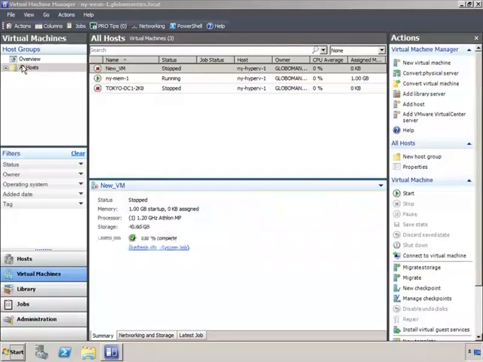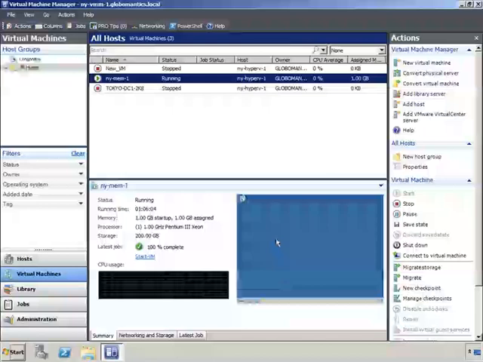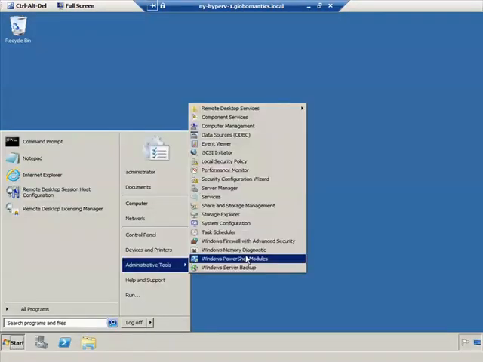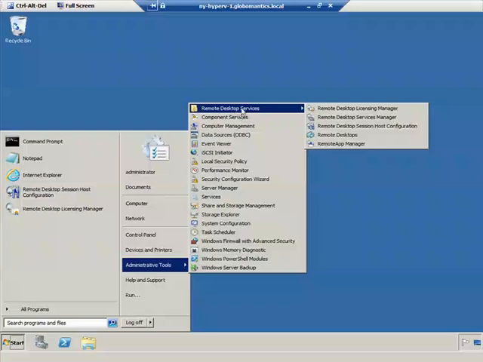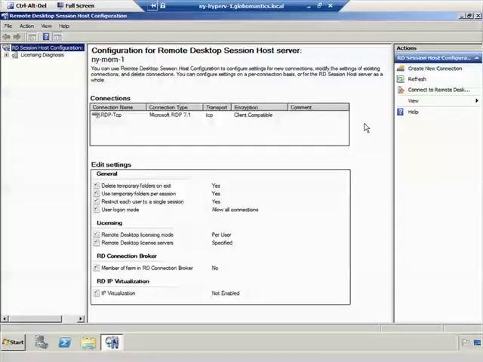We were still connected to New York Mem 1. I closed out of everything, so I just need to reconnect. So here we have New York Mem 1, and go ahead and double click, go to full screen, and I'll tell you what, just to get us right back where we were, you may remember that we had, under Remote Desktop Services here, the Session Host Configuration utility open. Okay, so this is